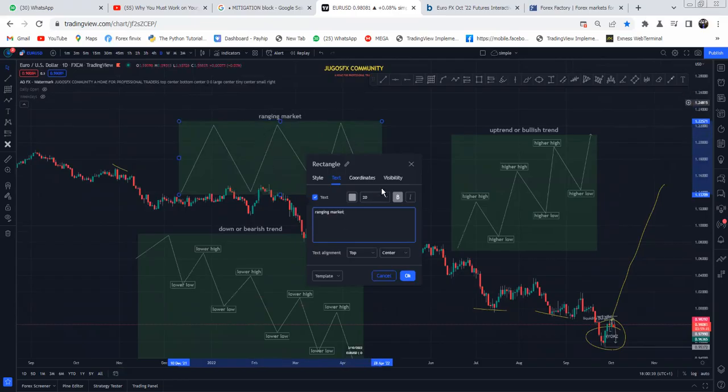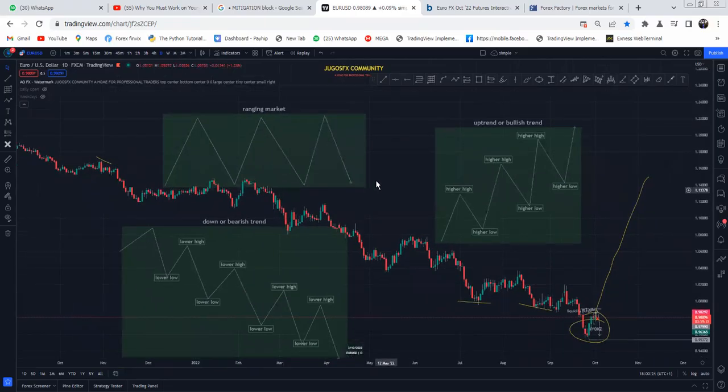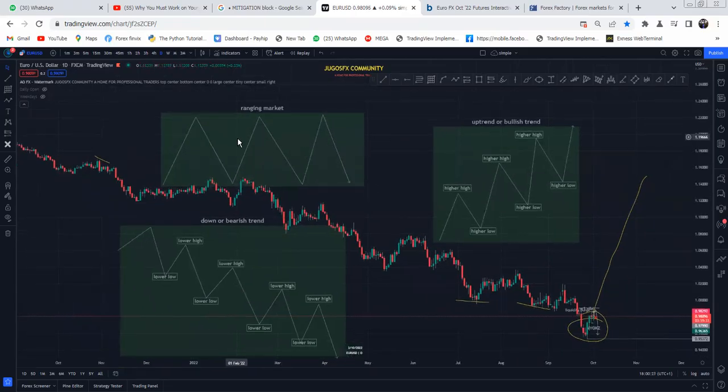So this is a ranging market, and this is our downtrend, this is our uptrend, right? In a ranging market, it's actually going in no direction. Here, I will give you the reasons for a ranging market. And now, looking at an uptrend here, I've said, to determine